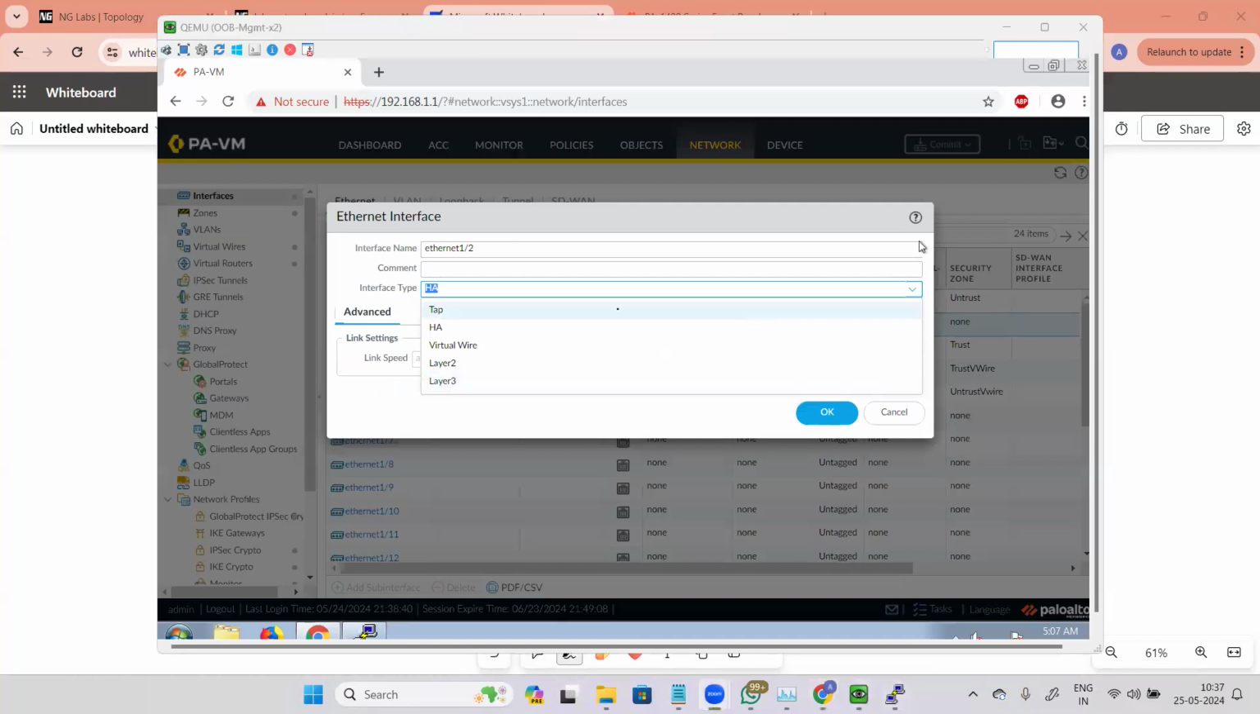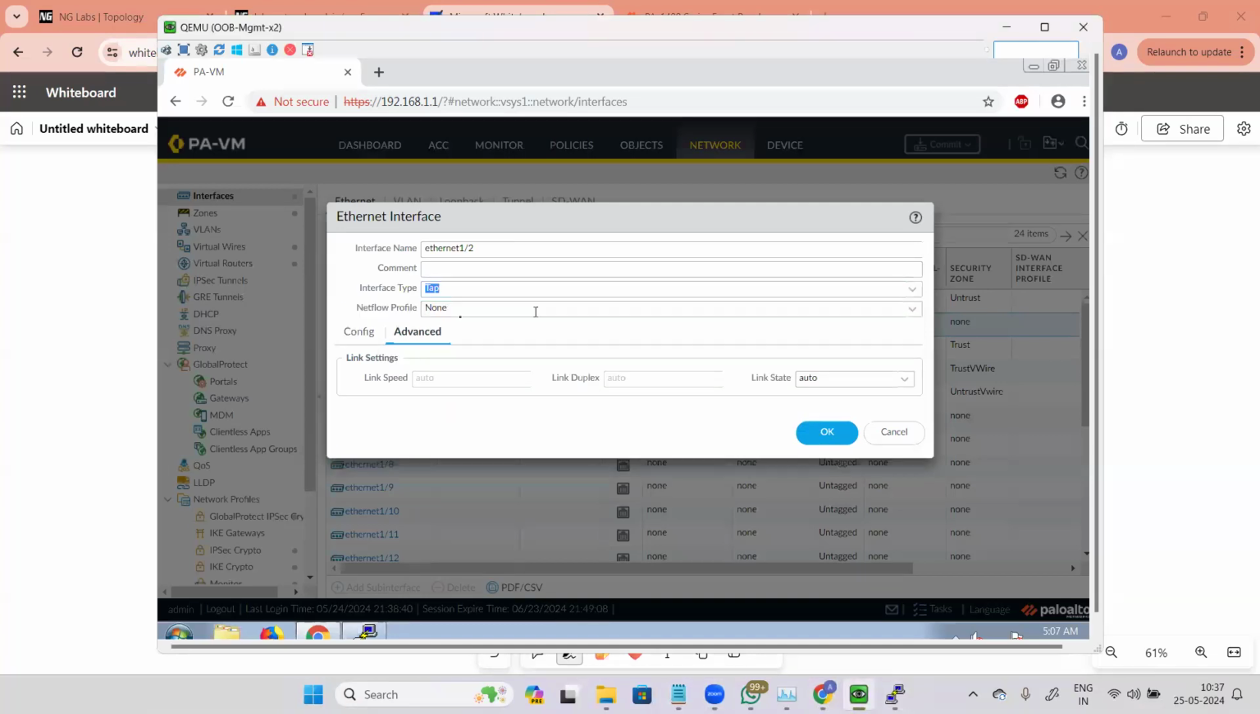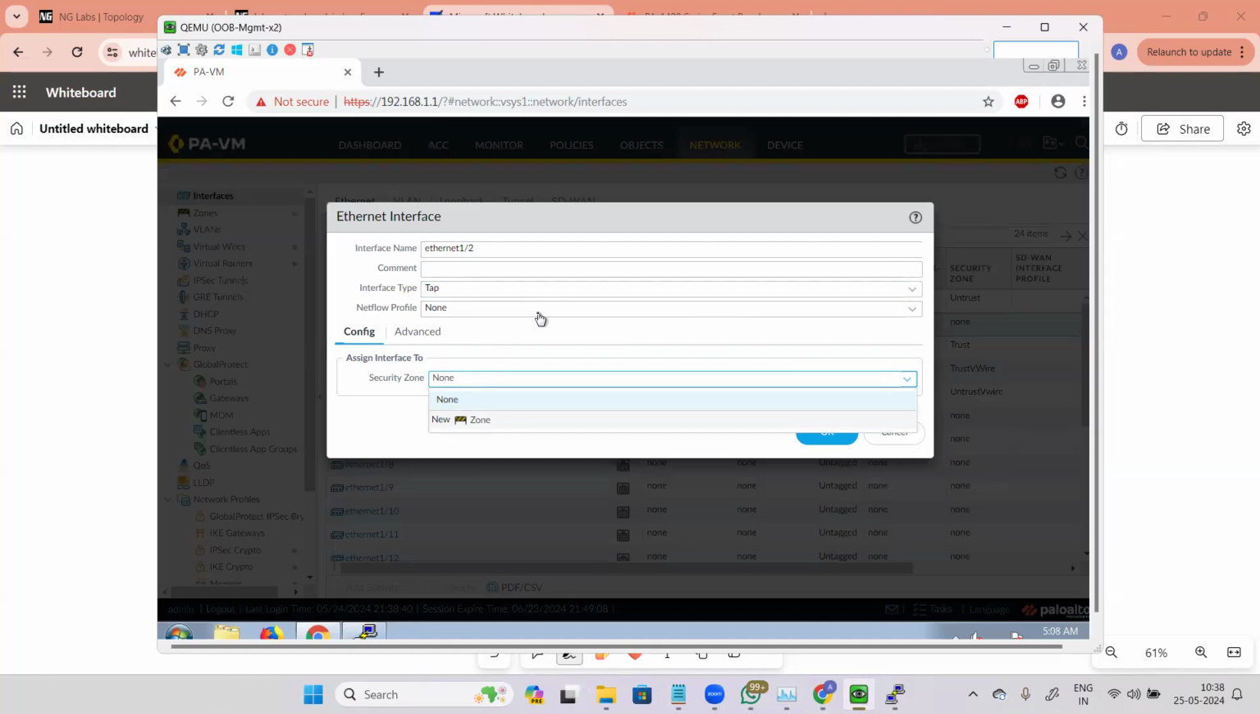Next type of interface is tap. Now, again, on the tap, you can assign at the max a security zone. There is no other configuration that you can do for a tap interface. Now, if I go ahead and click on new zone,